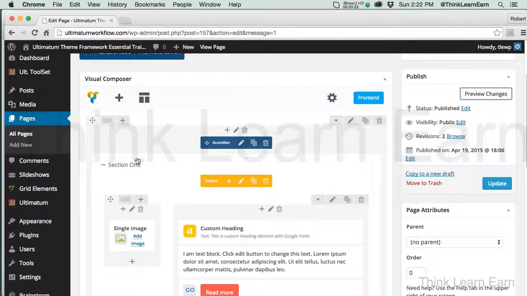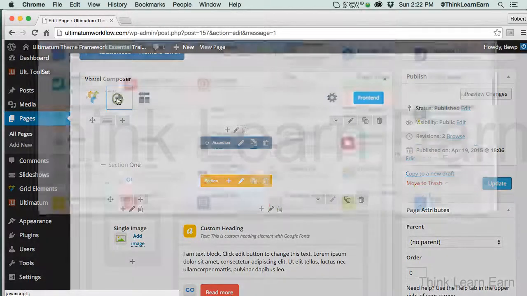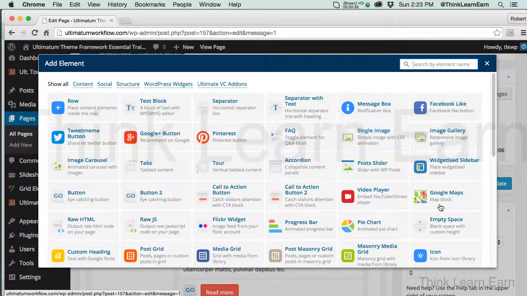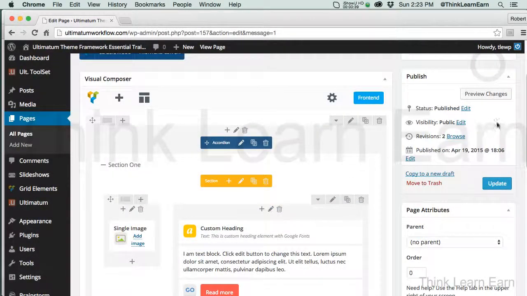More importantly, if we take a second to actually go through these different elements, you'll see how they're set up, that these are set up in accordions, etc. This is the accordion widget, or element, I should say, that is part of your selection in here. So I'm going to cancel that for a second. So if you understand how this is working,